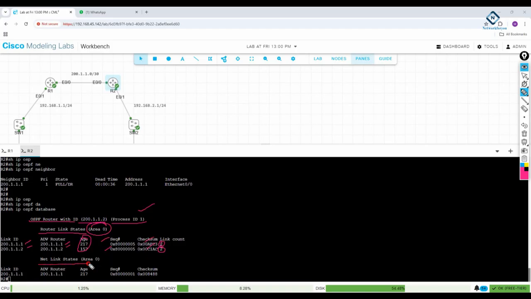And this one is the network LSA, in area 0. This LSA is known as the network LSA, and in it they advertise information about the DR. So who is the DR? This guy is the DR, so his ID is shown here, and he is the one advertising this network. Okay, so this is the